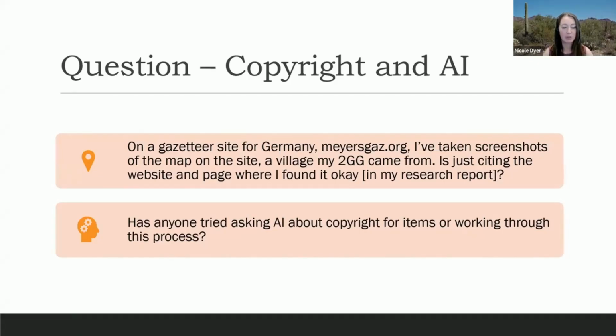So we had two really great questions in our lesson last week. So I thought this would be a good topic to go over. The first part of the question is like a specific example of what would be allowed for a specific website. So on a gazetteer site for Germany, meyersgaz.org, I've taken screenshots of the map on the site. A village my second great grandparent came from. Is just citing the website and page where I found it okay